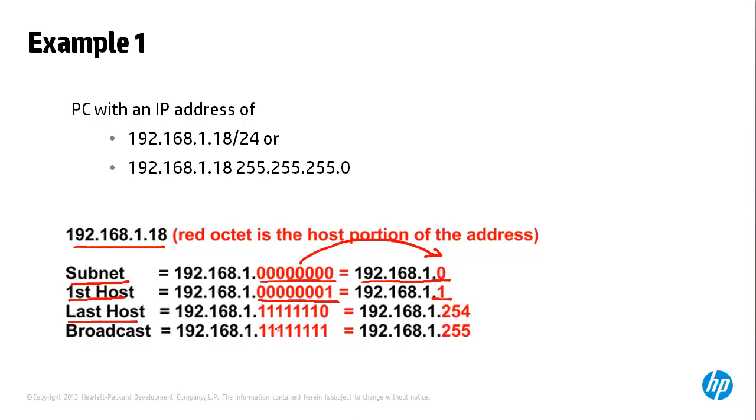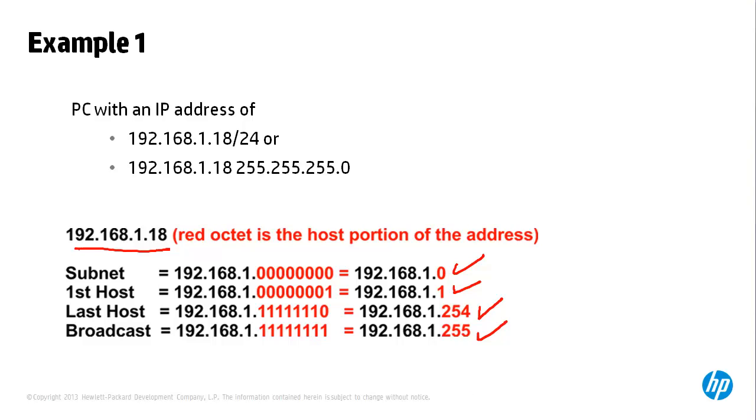For the last host, fill the host portion of the address with binary 1s except for the last bit, which is 0. If you convert that back to decimal, you'll get 254. And to work out the broadcast address, fill the host portion with binary 1s, which will give you 255. And there you have it. For this address, 192.168.1.18, the subnet is 192.168.1.0, first host 192.168.1.1, last host 192.168.1.254, and the broadcast